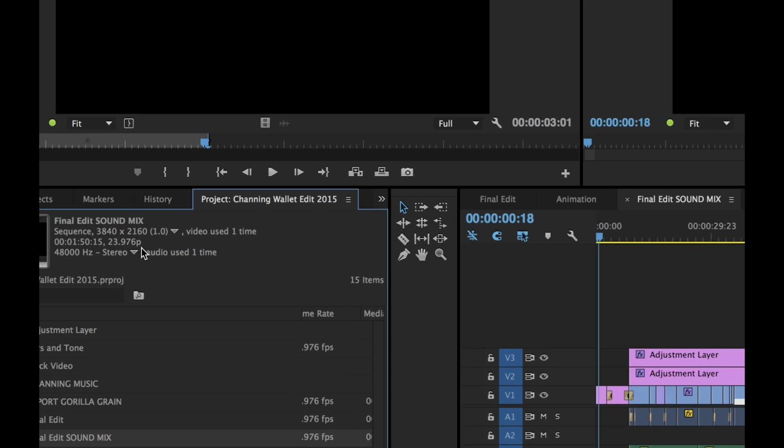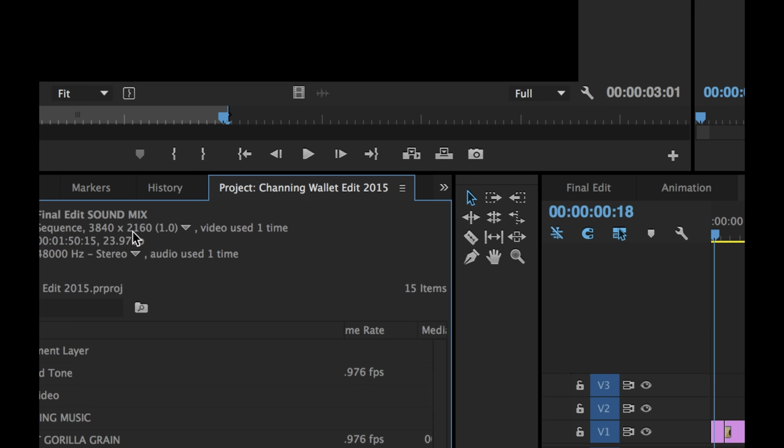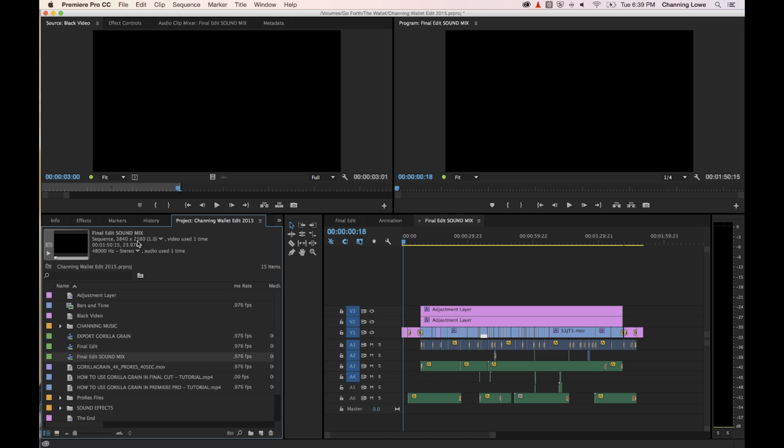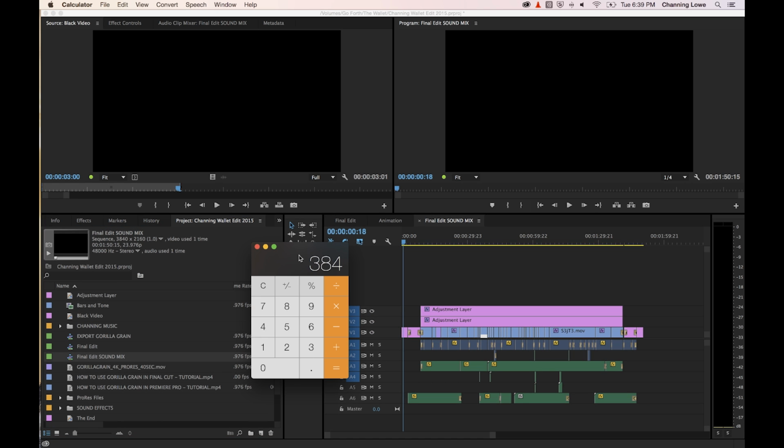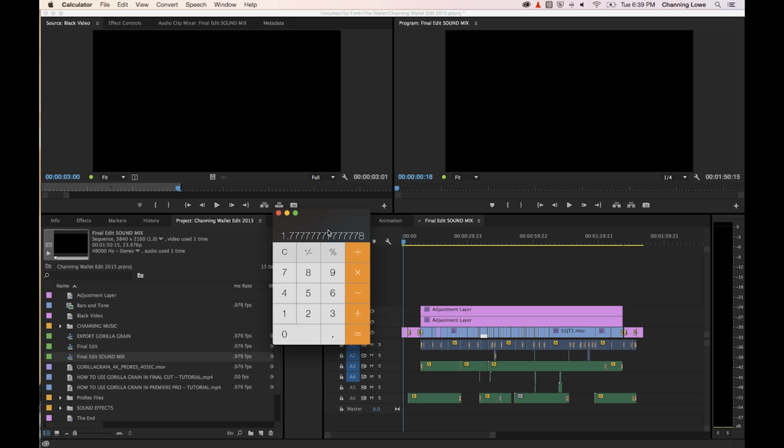Now one really important thing to notice also with this 3840 by 2160, if you want to figure out your aspect ratio there, I'm going to bring up my calculator and I'm going to go 3840 divided by 2160 will give your aspect ratio as 1.78 essentially to 1. So for every 1.78 pixels you have going across your screen, you have 1 pixel down. What this ends up being in numbers that you've oftentimes heard is 1.78 to 1 ends up being 16 by 9 aspect ratio,